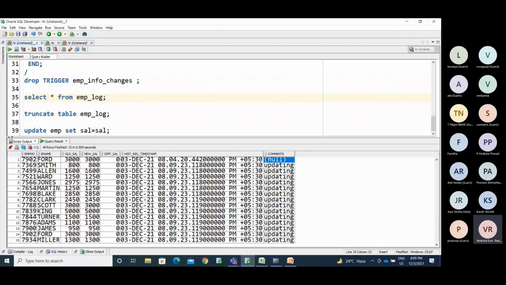So before, when the trigger was fired, that information was already present in the employee table. Now that updating information is present in this. So if you insert the data, you will maintain the data using commands like inserting this employee information. Whatever records you are performing, it gets stored in this place.